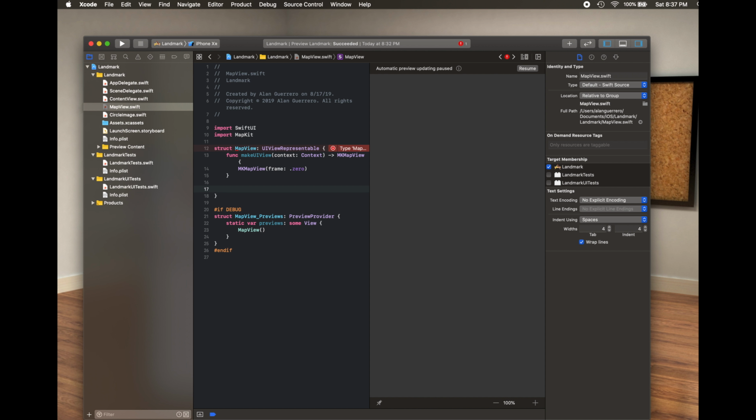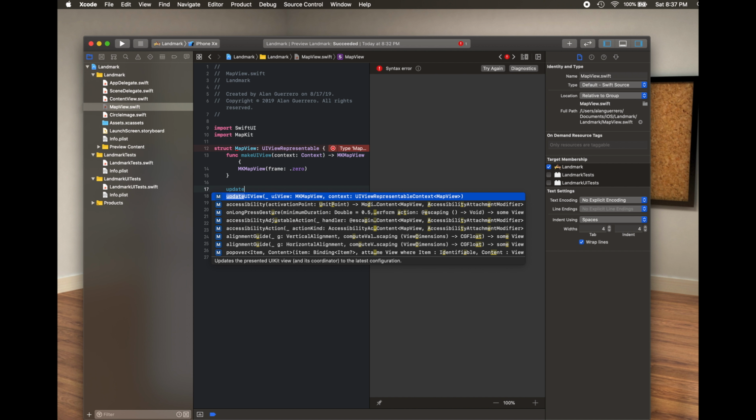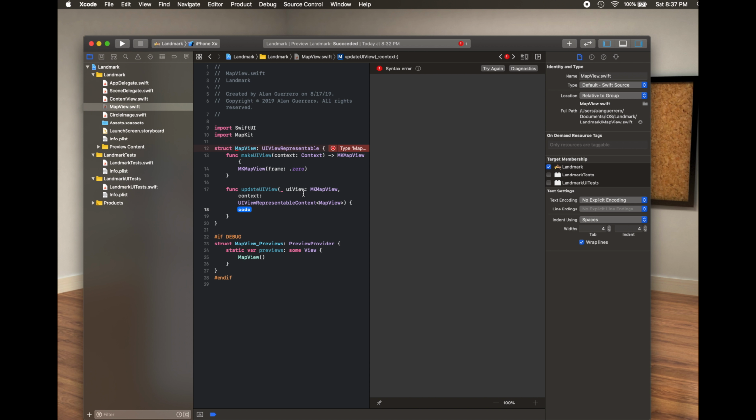Now we're gonna go to our second requirement, which is to update the UI view. Automatically uses the MK map view. You can keep that or use context. And here is where we have to specify what regions we want to set into our view. So what we need for that is to